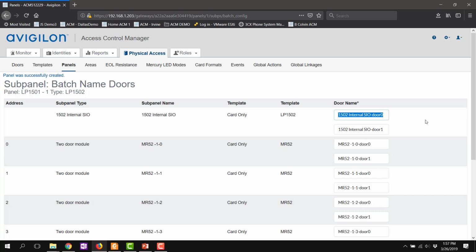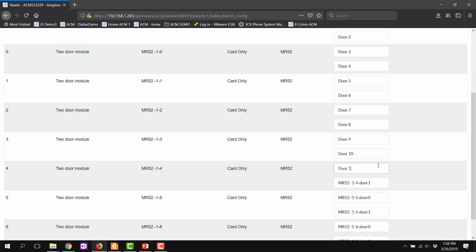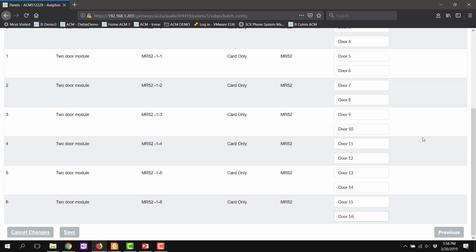Obviously, we're going to want to change the door names on these so that they match the customer site. Once again, just for the demonstration here, we're going to do some basic door names. So door 1, door 2, door 3, and so on and so forth. Once you've relabeled all of your doors to match your requirements, you'll click the Save button,